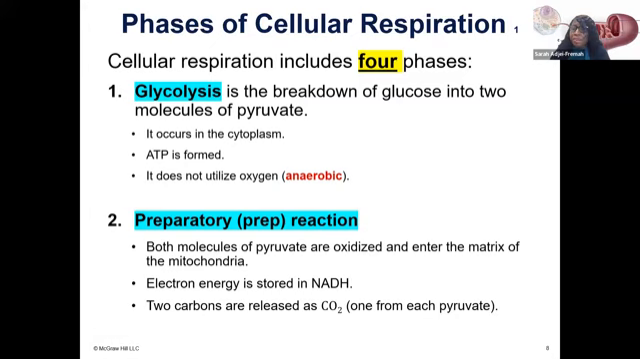Now, the second phase is going to be the preparatory reaction phase. During the preparatory reaction phase, we are able to change the pyruvate molecule, which was the byproduct from glycolysis, to acetyl-CoA, which can now be taken to the next phase of the cellular respiration process. As we convert pyruvate to acetyl-CoA, we also produce NADH, because the NAD+ enzyme is going to help us in that preparatory reaction phase, and it's going to become reduced to form NADH. We would also have 2 molecules of carbon dioxide being produced